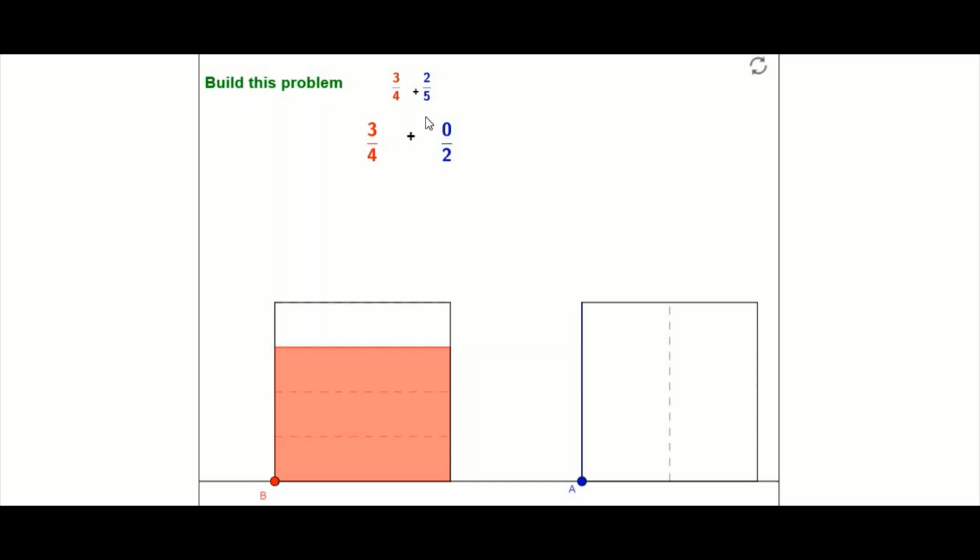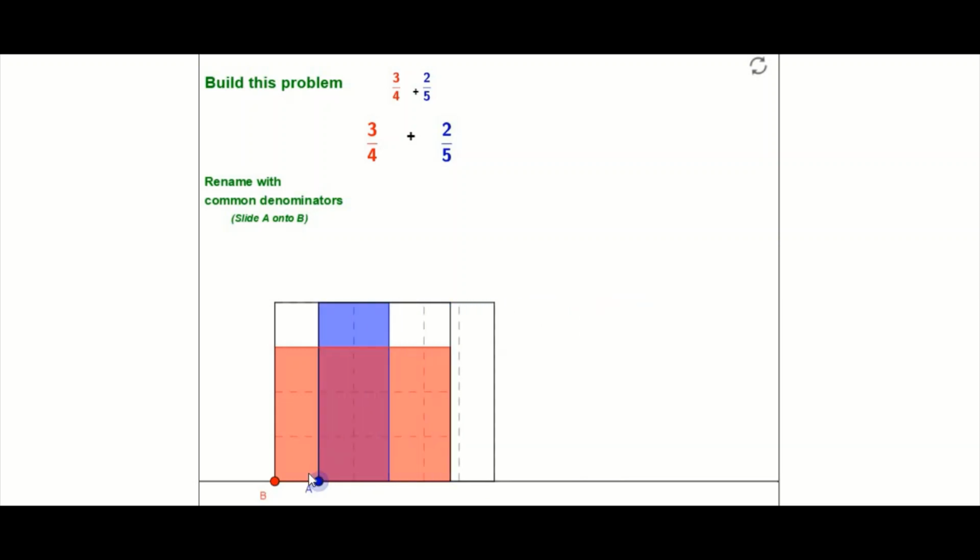Now for the second fraction, I need 5 equal parts. I have 2 already, so I just need to add 3 more. It's going to be 3, 4, 5. So here I have my 5 equal parts. So the amount of shaded region must be 2 parts out of the 5. So that's the numerator. So I'm going to have 1, 2 parts. So now to complete the question, I need to combine both fractions. So I'm going to put both of them in 1. So if I combine them,